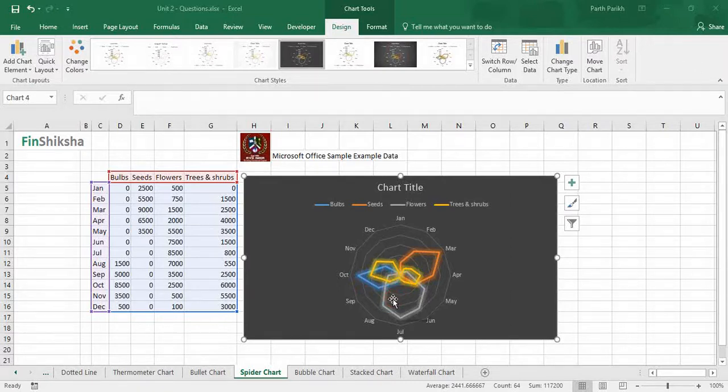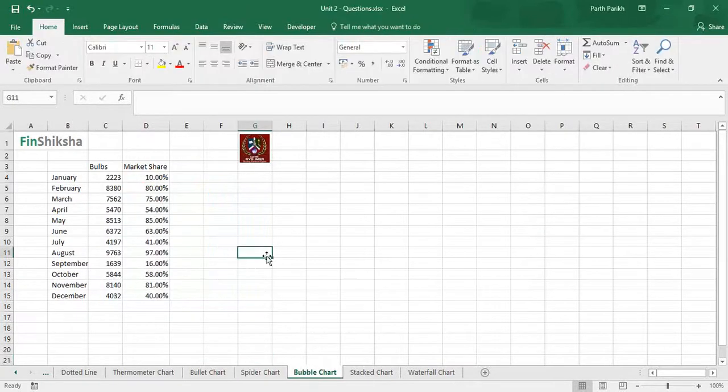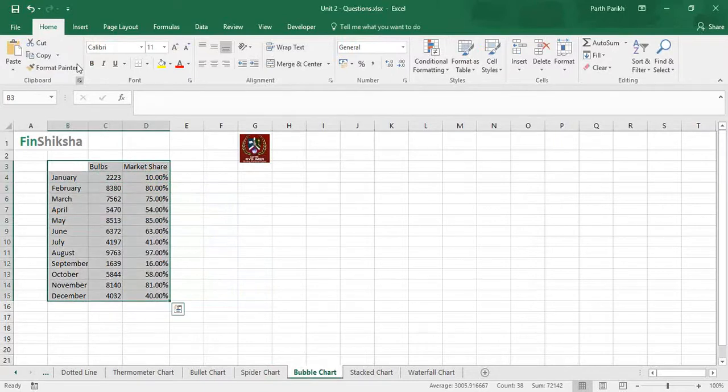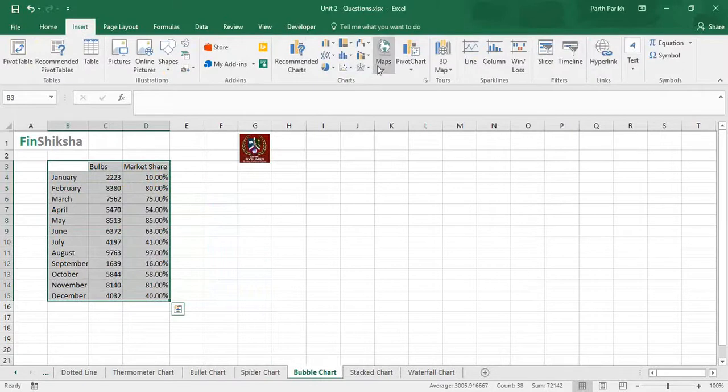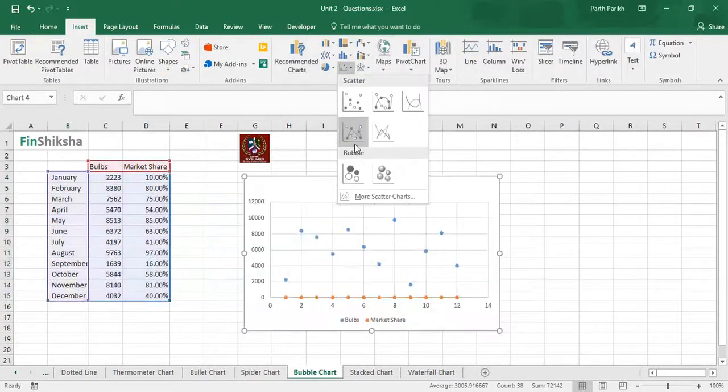Now, when it comes to the bubble chart, it is very useful when you are tracking your market share. So over here, the data has been given to us: the month, the bulb, and the market share. Again, the usual procedure. You select the data set, you click on it, and there is something called scatter plot over here.